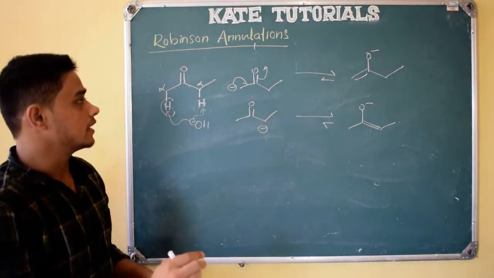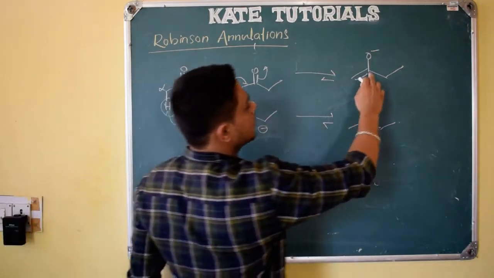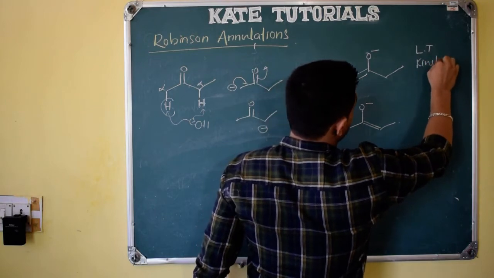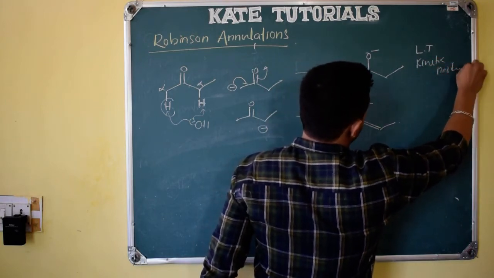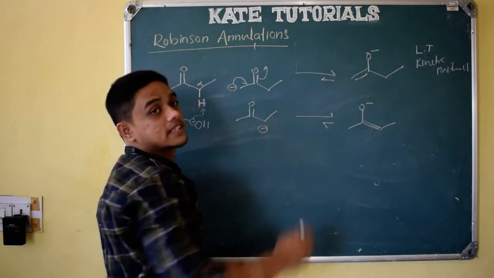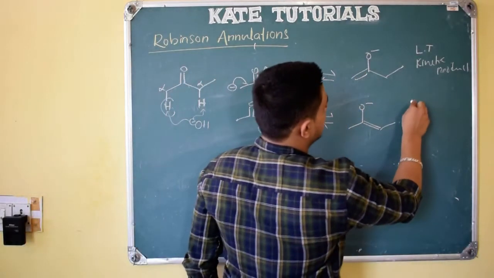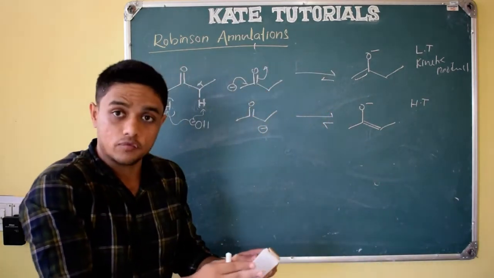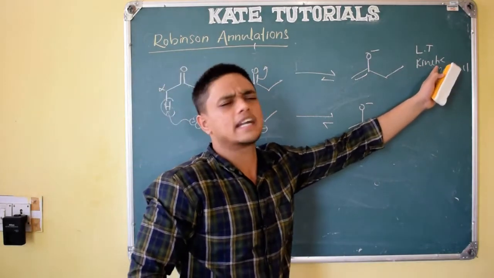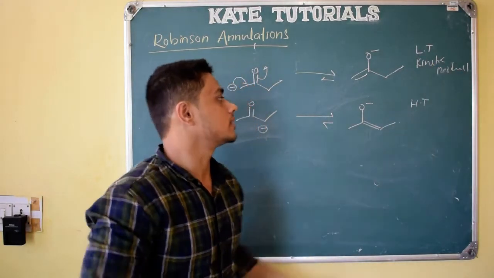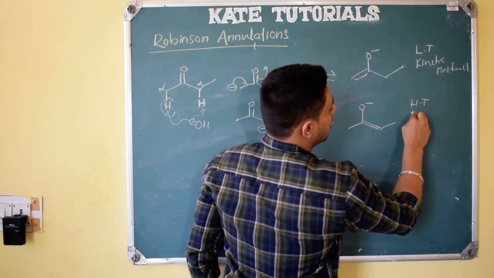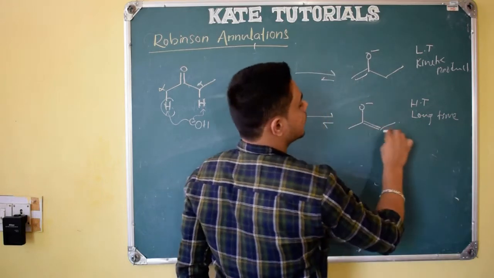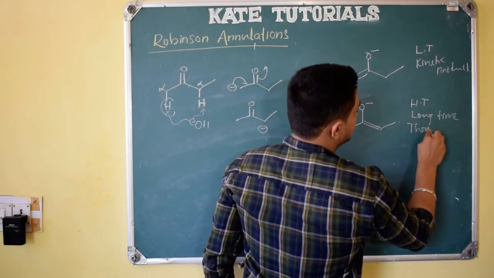At low temperature, if we see the reaction, we get this. So this is the kinetic product. As soon as the reaction starts, it will be more in this form. But at higher temperature, or room temperature, or if the reaction is left for a longer time, this is for the shorter time. Kinetic means fast, shortest time. This is at higher temperature or long time, then this product will be formed. This is called the thermodynamic product.